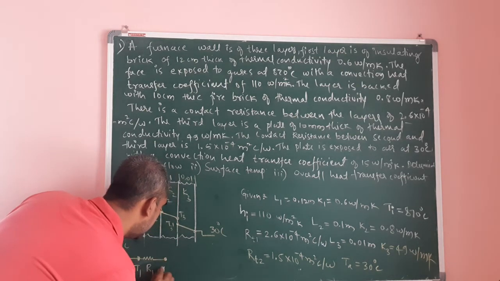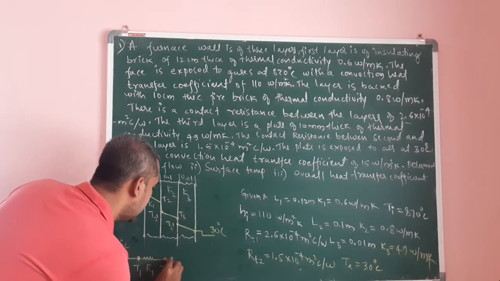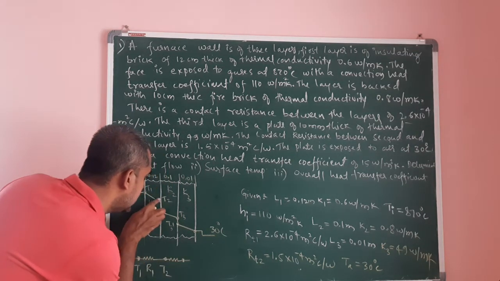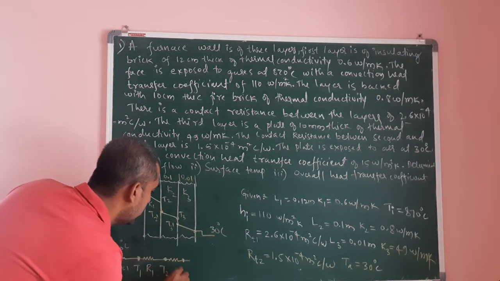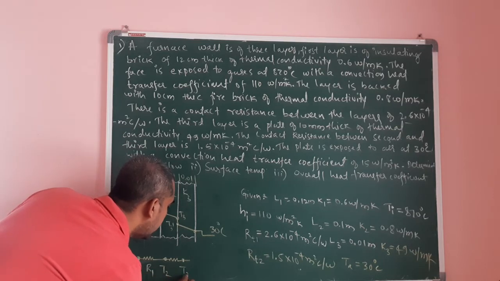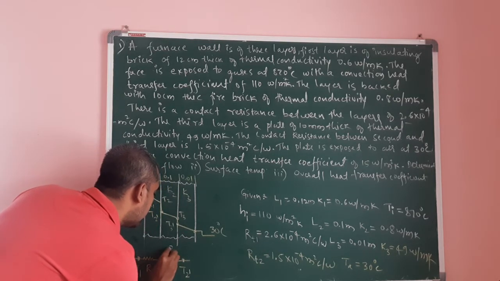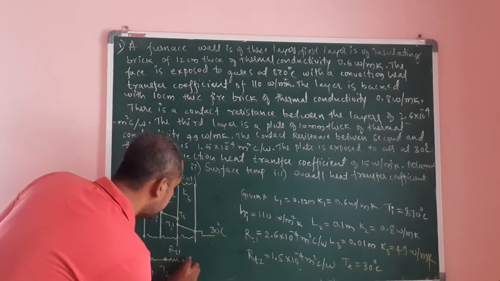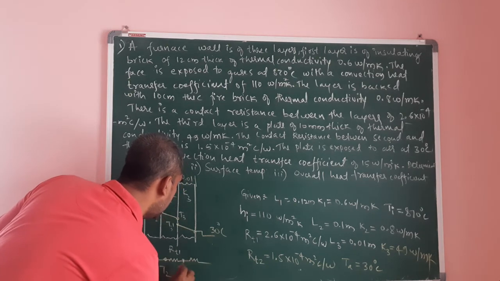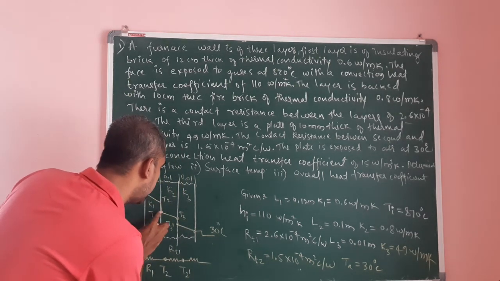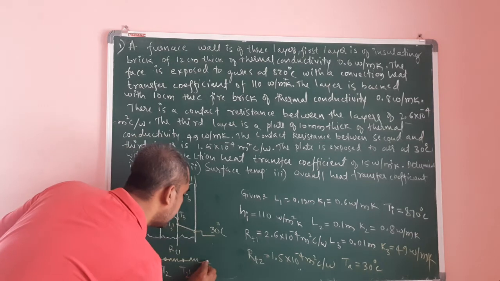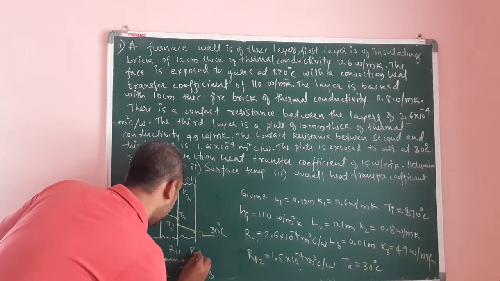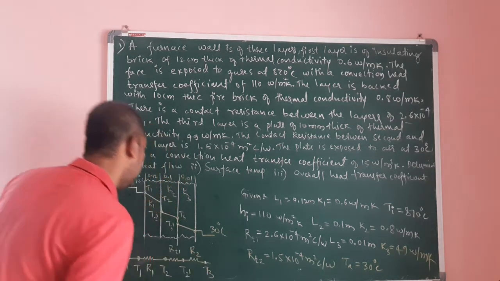This is T2. After that, what happens here? There is a thermal contact resistance. Due to that, there is a drop in temperature at the interface only, and the temperature drops to T2 dash. This is the thermal contact resistance, which I will call RT1. After that, there is one more conduction heat transfer from T2 dash to T3. That I will call R3. R2 I will call it as.